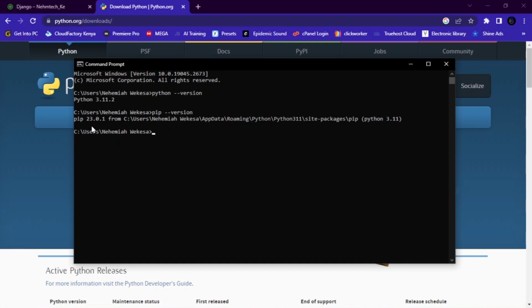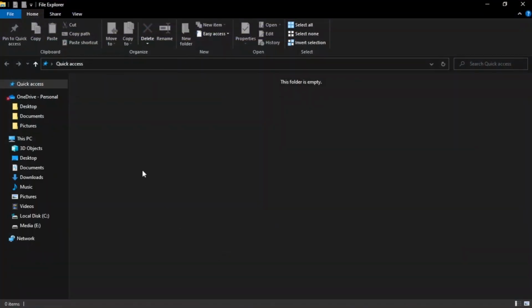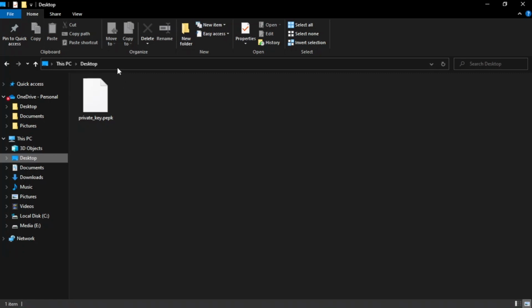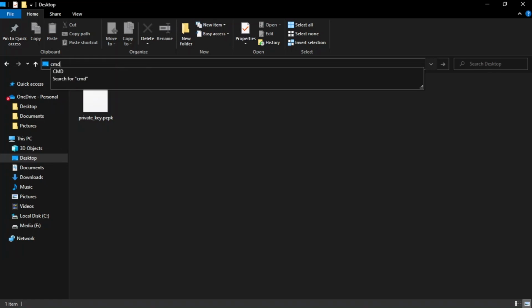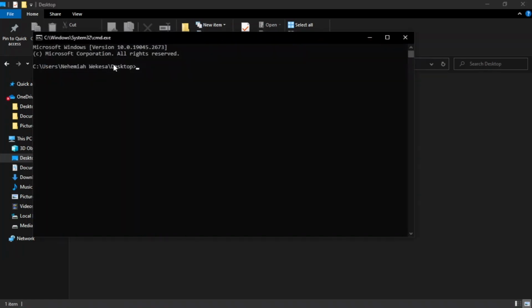Perhaps I want to create my projects. Let me find a place where I want to create the project. Let me just use the desktop. While you are here at the desktop, just type in cmd, then click enter. And then, guys, to create a virtual environment on the Windows operating system, just type in